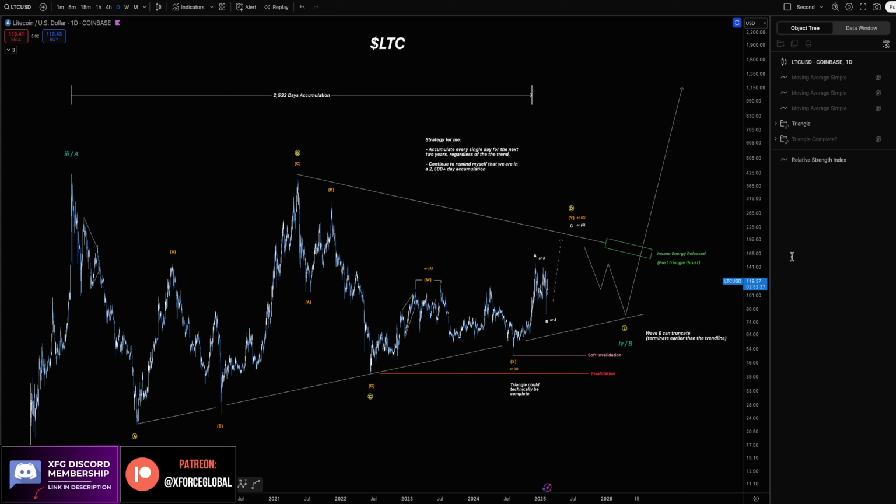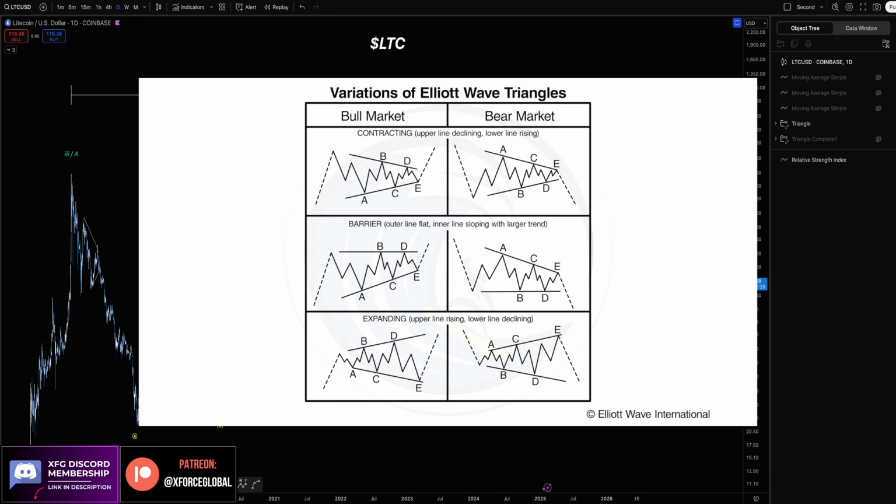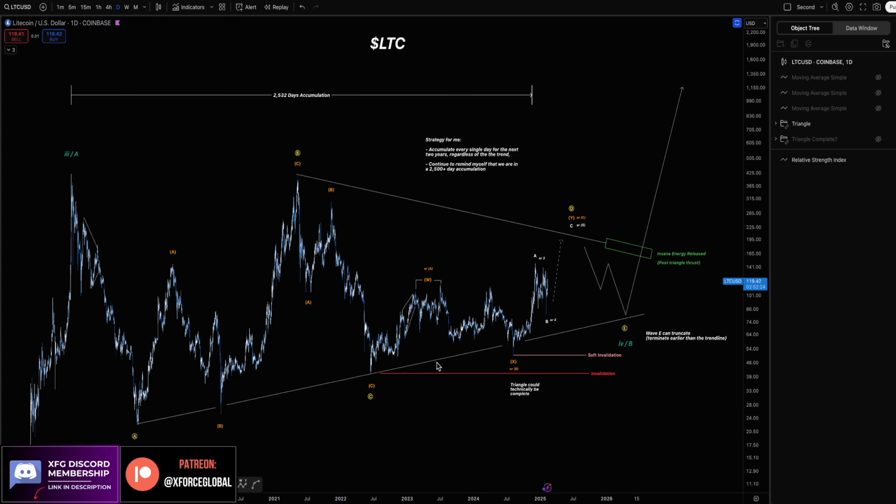Now, even if you aren't versed in the Elliott Wave Theory, starting from a clean slate, it is most likely that the general market participants are seeing the same type of triangle pattern as us Elliotticians when we are connecting these trend lines. And a triangle is going to be positioned in any of the reactionary or corrective waves within the Elliott Wave Theory, most likely as a wave 4 or a wave B in this case.